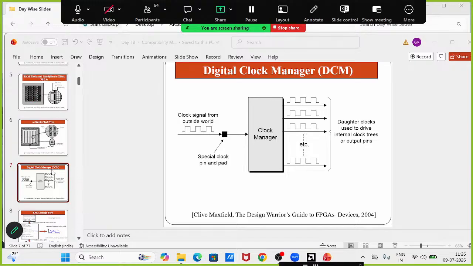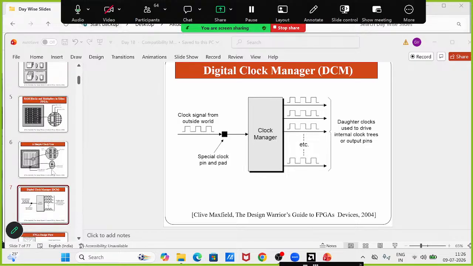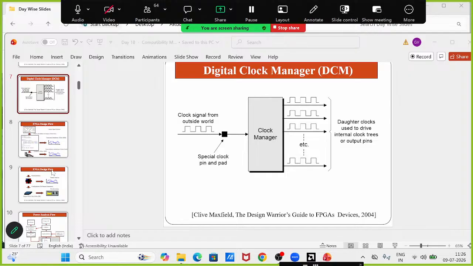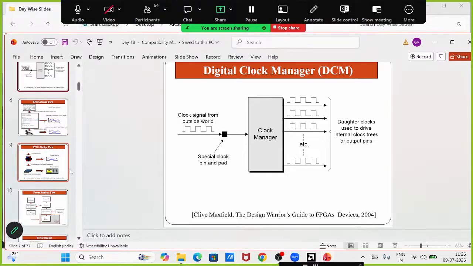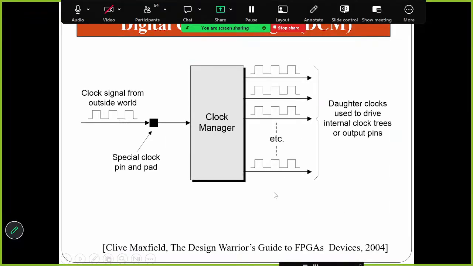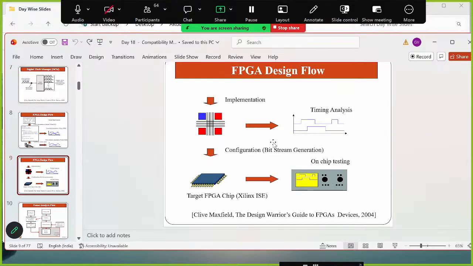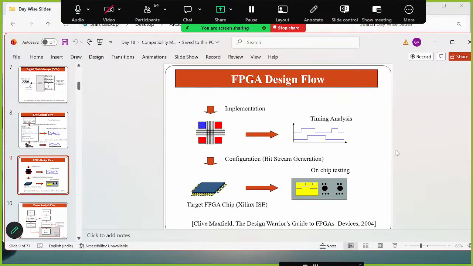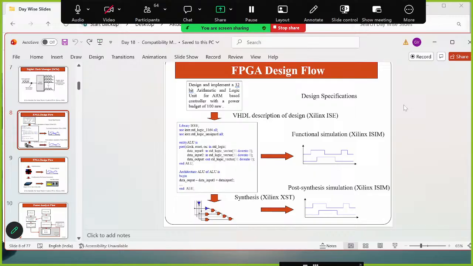So choose any FPGA, whatever you want, but you need to know what are the things available on it. Now let us focus on FPGA design flow. Okay, FPGA design flow. So what actually we are doing till now,